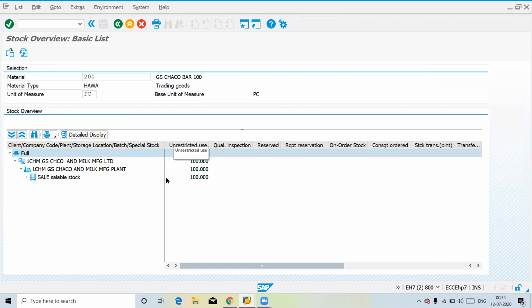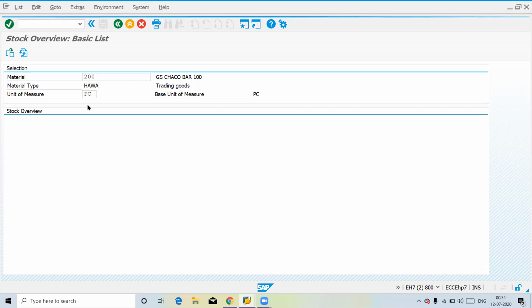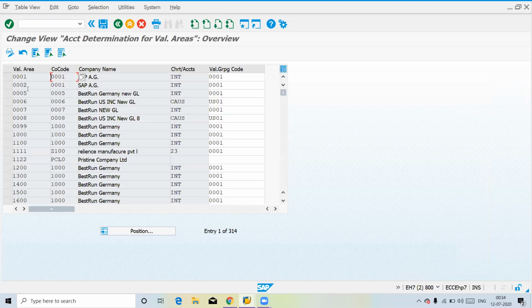So like this, you will have a movement, whether it is inbound or outbound, and you have to resolve your stock posting errors. But we got minimal errors because we have done perfect settings. Sometimes you will get errors like this. If you go here, valuation area plus company code, there is something called the valuation grouping code.